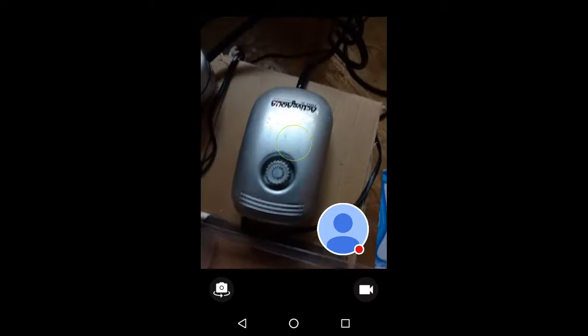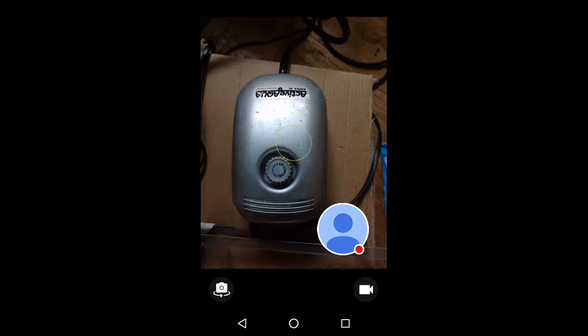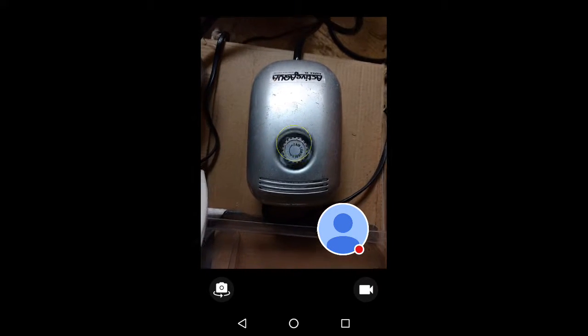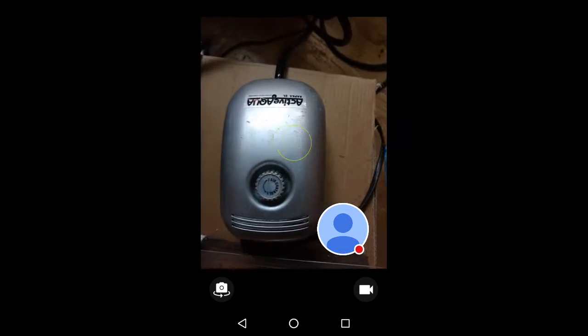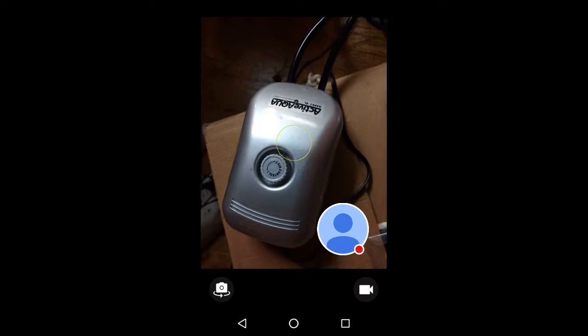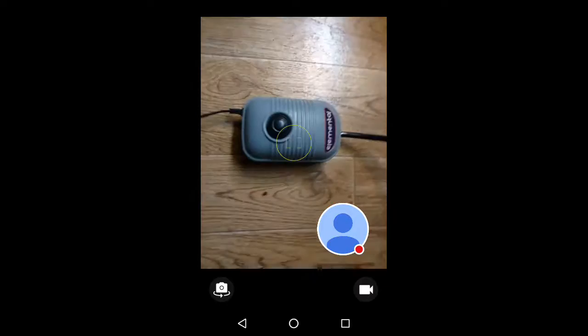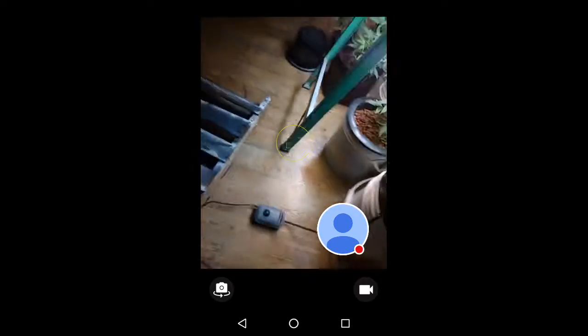And then we got some air pumps. That air pump I believe is $10. Or no, this air pump's $15, so that runs one hydro plant. That one's like $25, it runs 2 hydro plants. And that one's like $10, and it runs 1 hydro plant. So you're looking at about $10 to $15 for the air,